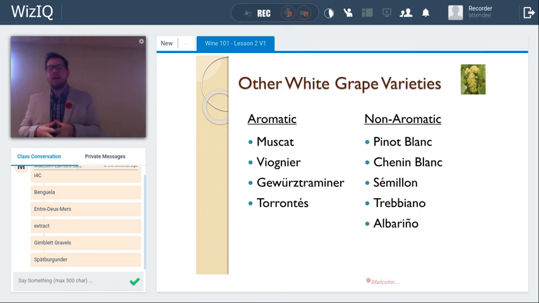Non-aromatic or lightly aromatic varieties, what Jancis Robinson describes as aromatically discrete, include Pinot Blanc, again an offspring or a mutation of Pinot Gris, which itself is a mutation of Pinot Noir. Chenin Blanc, from the Loire Valley, is high acid, lightly aromatic, and age-worthy, perhaps similar to Riesling in terms of its positive attributes. Semillon, which we talked about with Bordeaux, is a fairly non-aromatic but age-worthy wine that lends itself well to being botrytis affected. Trebbiano is Italy's most planted white grape variety, quite neutral and light in all senses